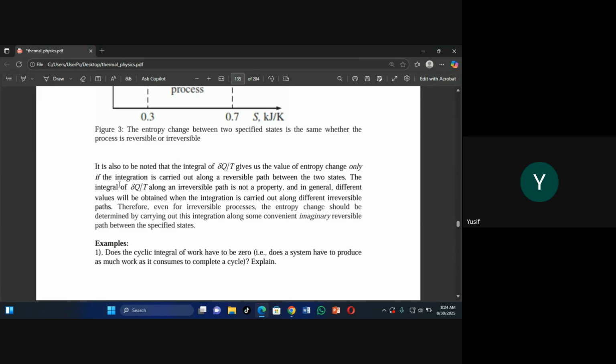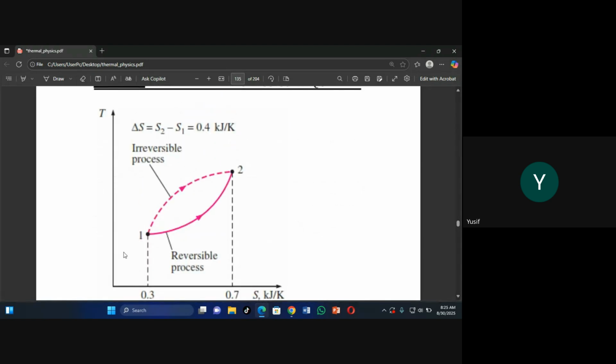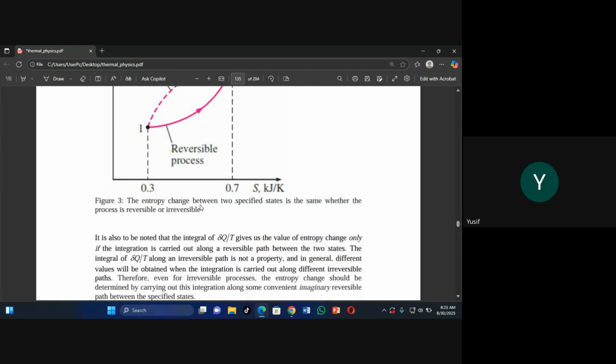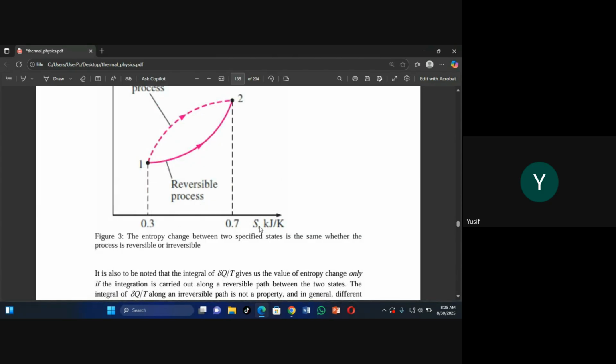And they are telling us that when we talk about the entropy change, and we are relating it to entropy, when you take the Q dT, that is changing heat with respect to temperature, to find the entropy change, you always take the reversible path between the two states. Realize here you could take the reversible or the irreversible, and we said all change. But if you are talking about the Q over T, you are just going by the change in S. So the change in S, whether reversible or irreversible,